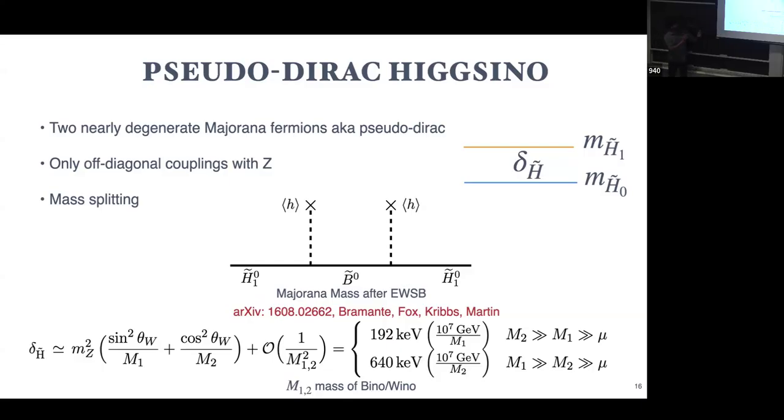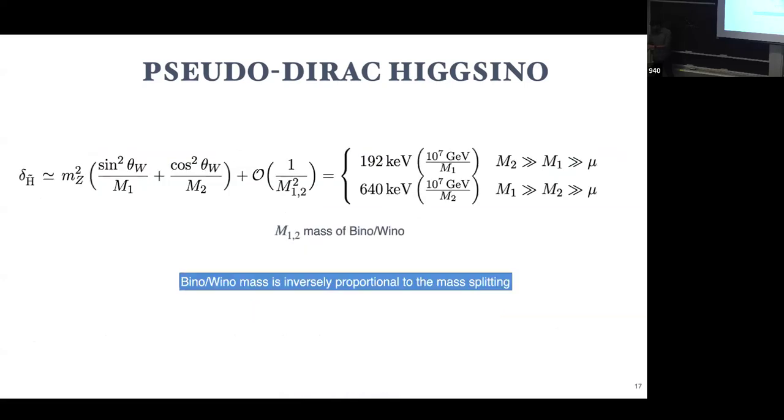So if you push limits on the Wino or Bino to larger and larger masses, say maybe from the EDM or something like that, then you start constraining delta to be smaller than something. So that's how these limits go. And the second important point is that these have only off-diagonal couplings with the Z. Okay, I'll tell you what that means in a second. So we talked about the masses. Now let's get some range for